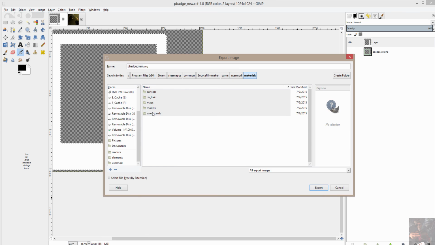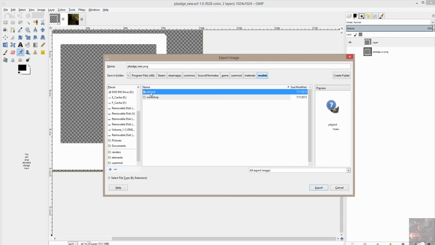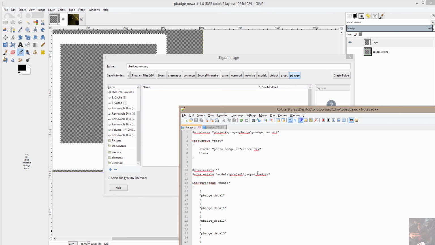materials, because everything material related is based off of the mod materials folder. I want to go to models, private jack, props, and I want to create a folder in this folder, and that is the P badge folder. Create a folder, P badge, and I want to drill into that. And where I got that information is right here. This is where I want that new